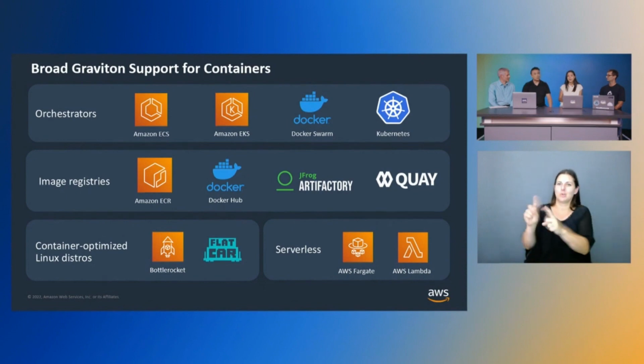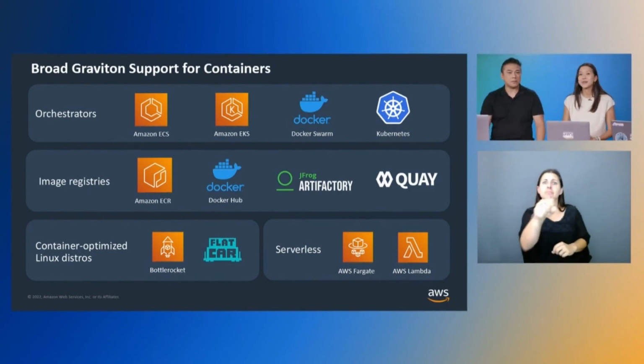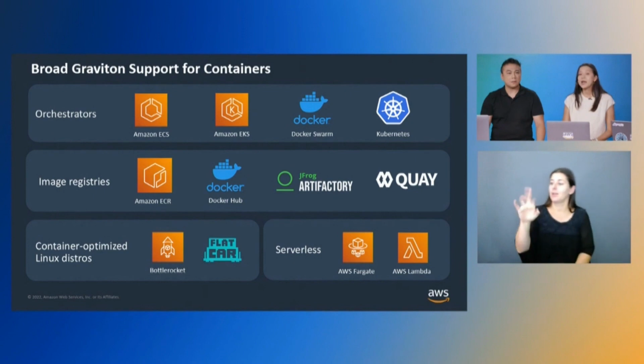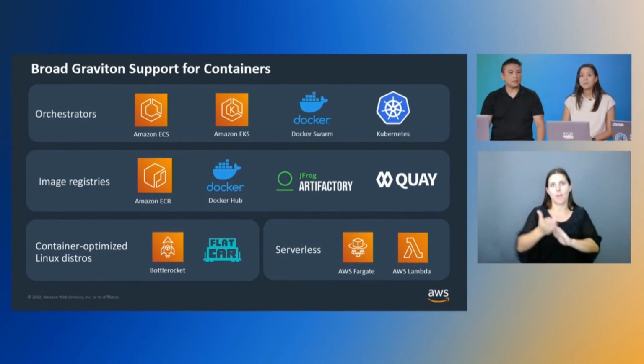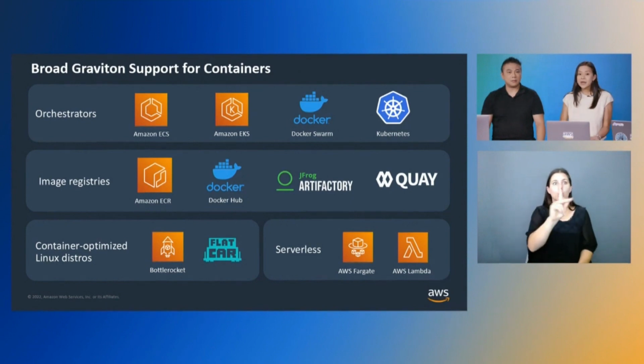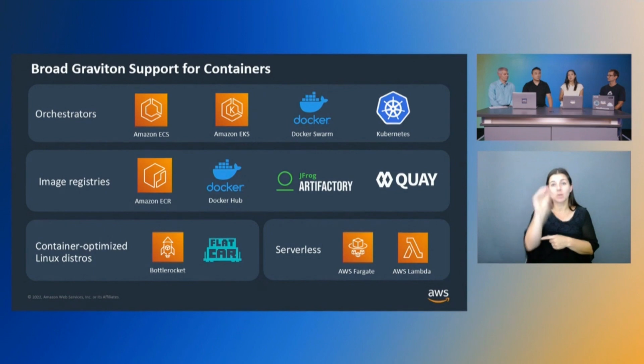Yeah, absolutely. And we have a lot of customers doing this. DirecTV is one great example. They've migrated their Kubernetes clusters running over 700 microservices for DirecTV Stream over to Graviton, and they achieved 25% lower operating costs in that process. Similarly, Domo migrated their Kubernetes clusters, which were running tens of thousands of pods, over to Graviton, and that led to a 20% reduction in spend. That came from a combination of cost savings as well as the ability to scale down their overall footprint because of the performance gains that they saw.